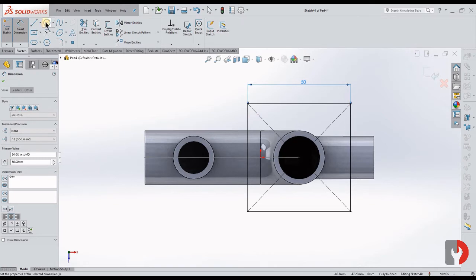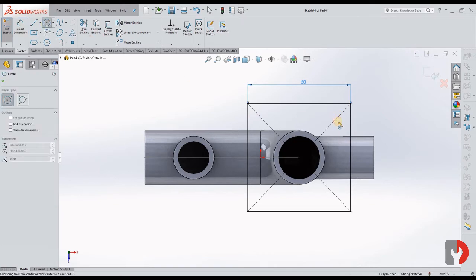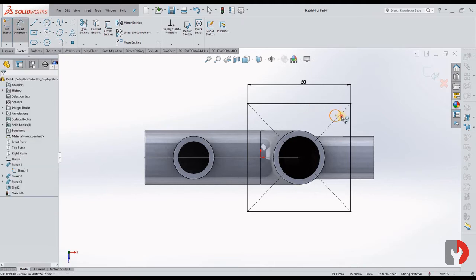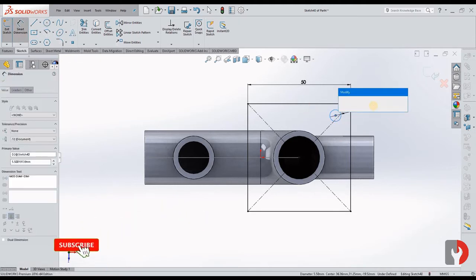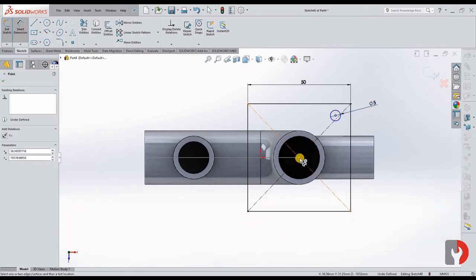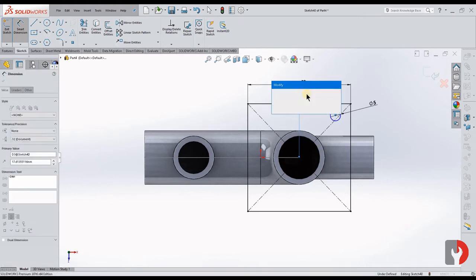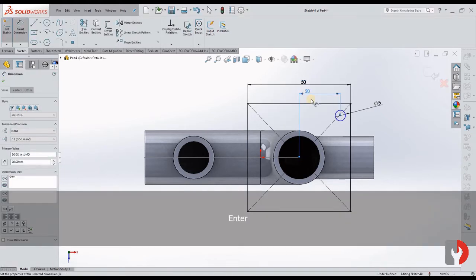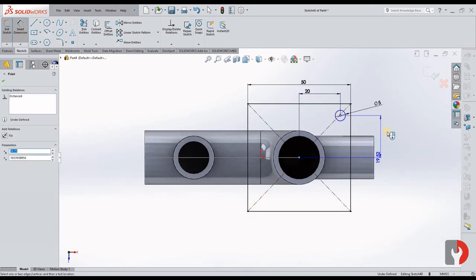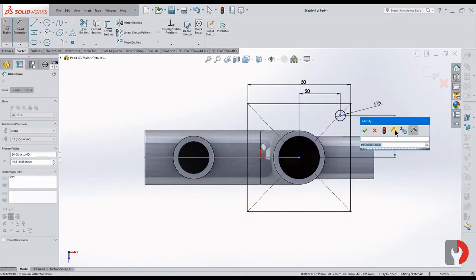Now draw a circle, dimension it 5, from this to this it's 20, from this to this it's 20.